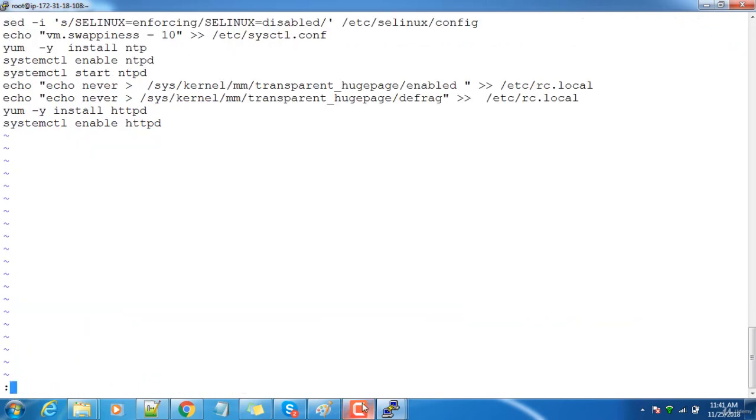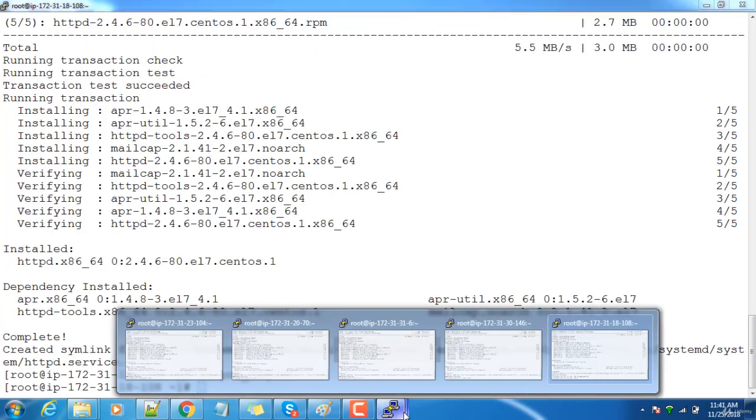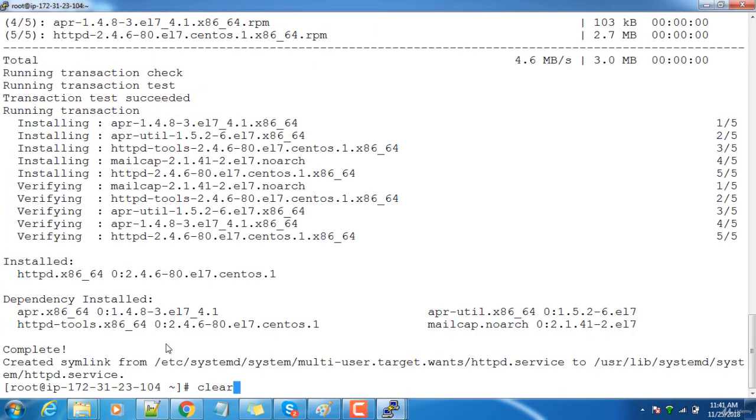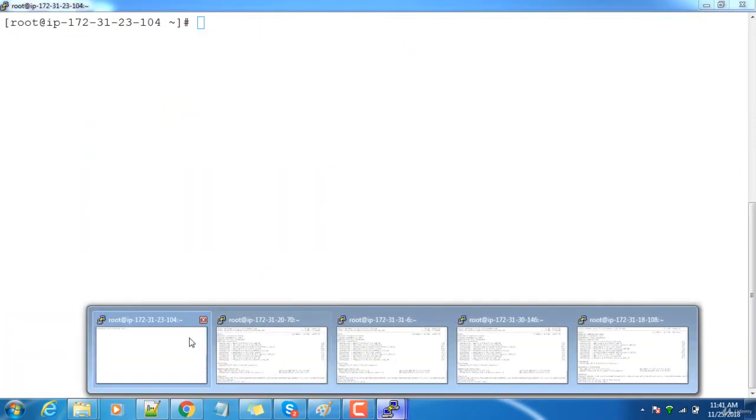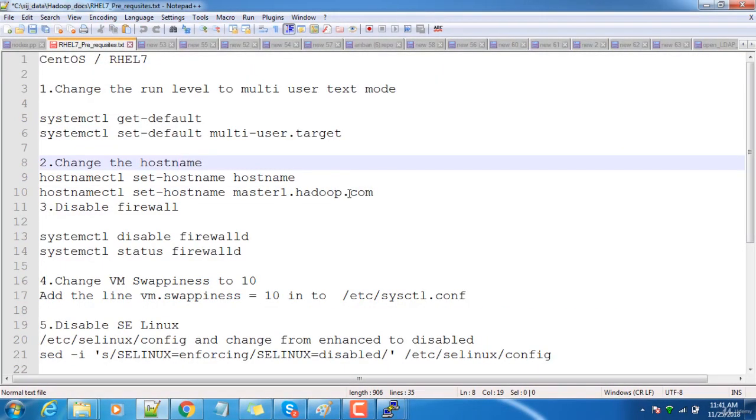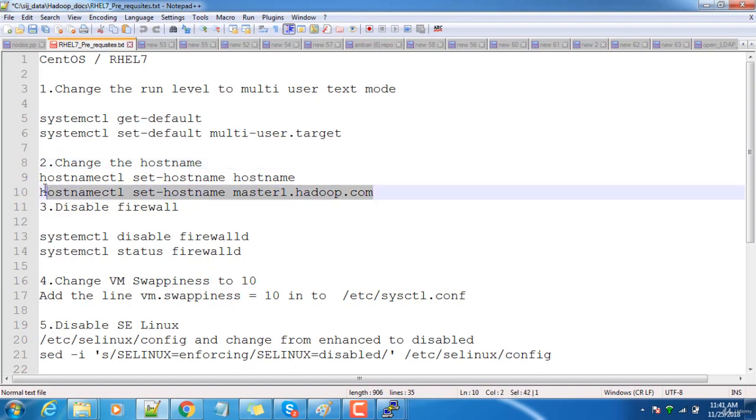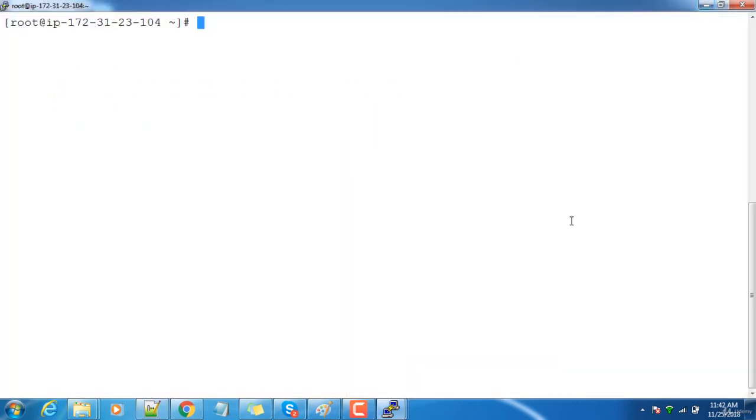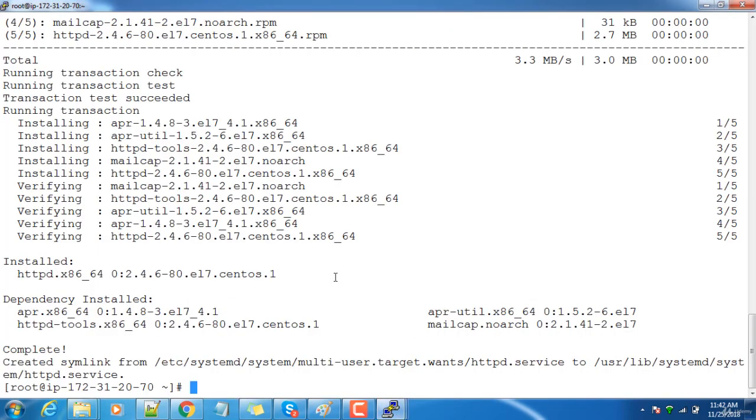One more thing I need to do is set up the host name. By default Amazon uses some default host name, so I need to change it to customized names, like master1, master2, worker1, worker2, worker3. For that purpose I'm using the hostnamectl set-hostname command to change the host name. I'm taking the first machine and naming it master1.hadoop.com, and the second one